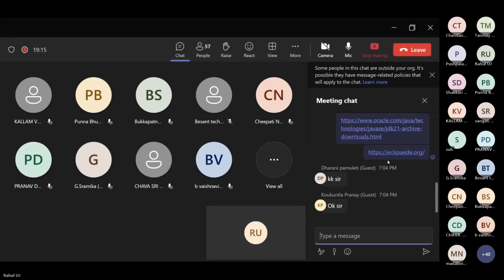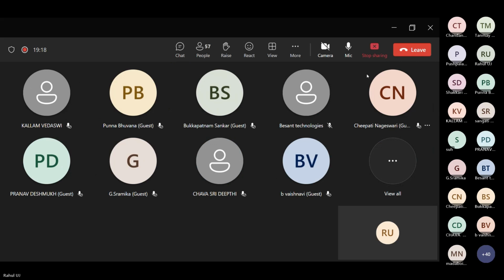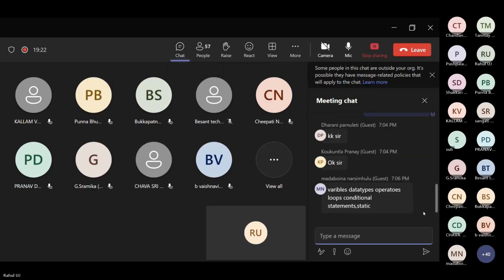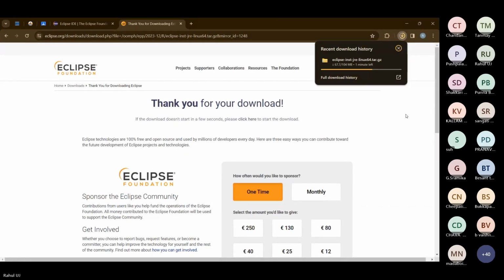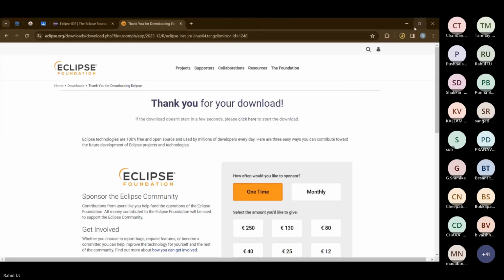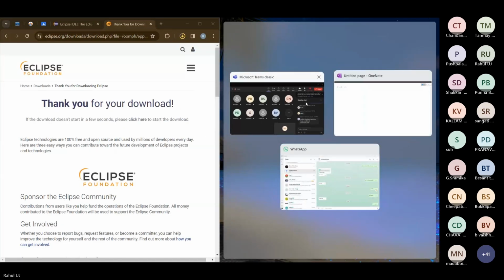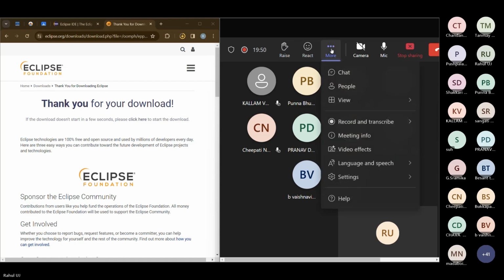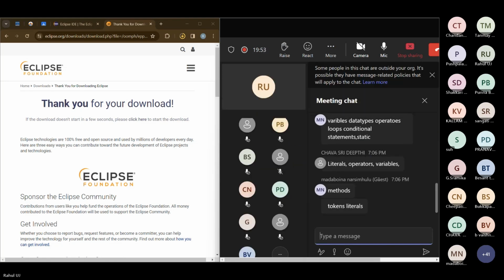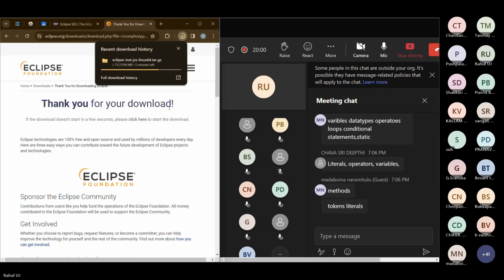Methods, tokens, literals, static members.